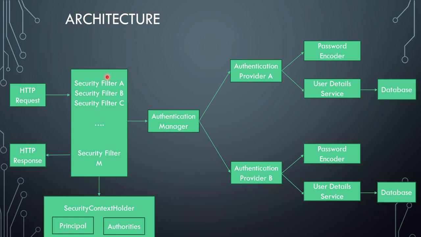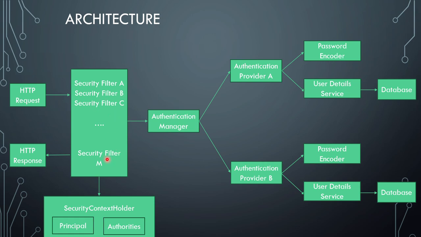It contains a series of filters that process HTTP requests and communicate with the authentication manager for validation of requests. These filters work together to make sure that the web application is secure, and they are responsible for different tasks like authentication, authorization, session management,